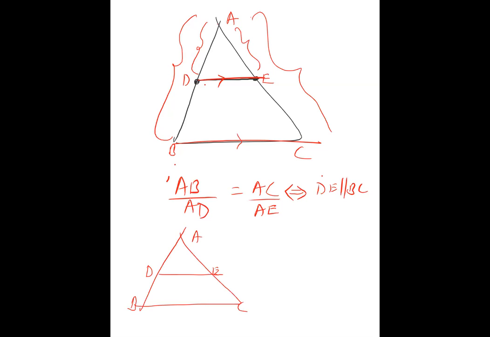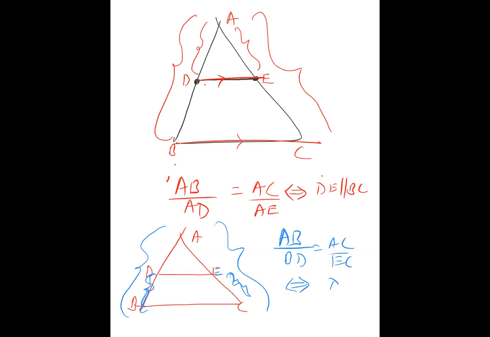Thus, the bottom upon this upon total is equal to this upon total, or total upon this. That you can tell anything. Ratio is anything. So you can say that AB by BD is equal to AC by EC. Then we can again say that DE is parallel to BC. Or if DE is parallel to BC, this ratio will be same. That is the corollary. Clear or not? All of you.